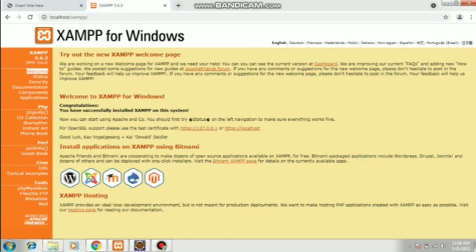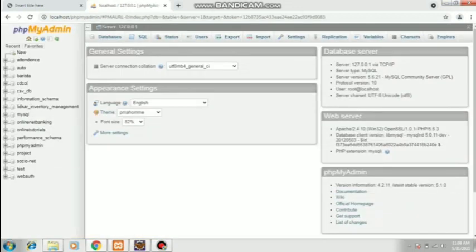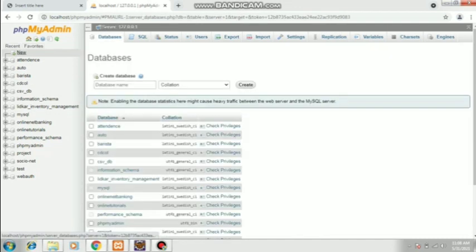So now you need to select a specific thing called phpMyAdmin. If you click on this, a database will be created. Got it? So this is called the backend. This backend has to be created with the tables. Now if you want to create a database, first you need to click on new. So here you need to click on database name. Let me say a database name here. I'll just give one name, project 1.